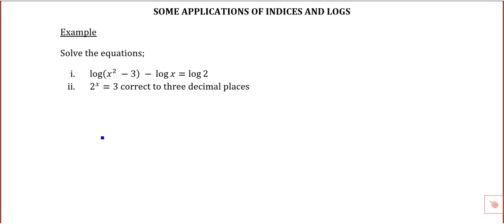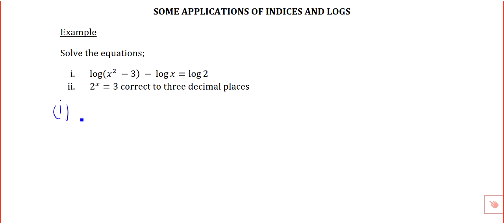Applications of indices and logs. Let's look at one example here. Solve the equation log of x squared minus 3 minus log x is equal to log 2. Now, starting with that one straight away,